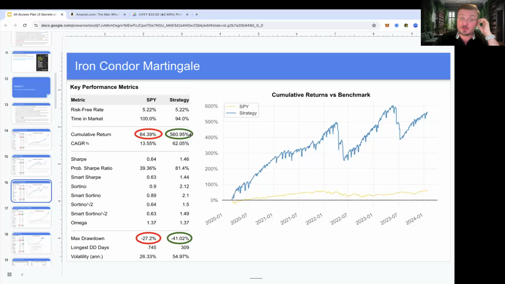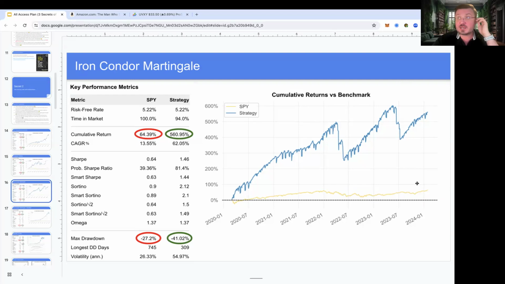Huge difference. Imagine if this was your money and you put it into there, right? How big of a difference would your portfolio have made if your money was in this instead? It did have a bit of a drawdown, 41% versus the S&P's 27%. But again, when it drops, it recovers very quickly. The S&P, it dropped.